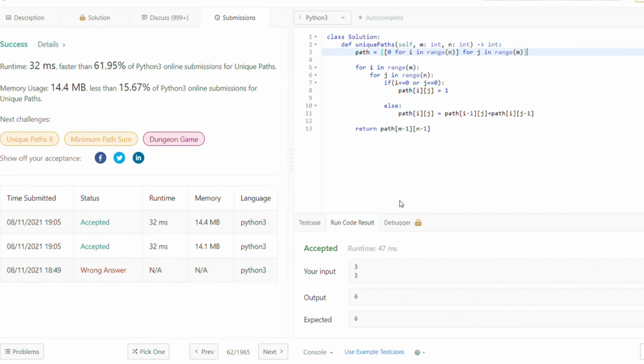Okay, so let's also in this question only try to make it a little bit space optimized. Let's see how we can do that. Firstly, I need to create only a 1D array, right? And after that, for i in range of m, for j in range of n, if i is 0 or j is 0, path of j will always be equal to 1, that is true.